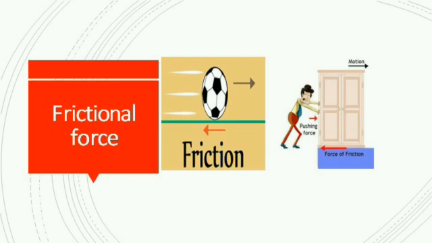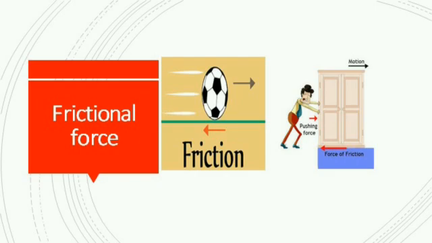What is that? Frictional force. You cannot see any force acting on the ball. It is an invisible force. What does it actually do? It stops the motion of the moving ball. It acts in the opposite direction of the moving ball. So the ball gradually stops on its own. This is known as the frictional force or force of friction.